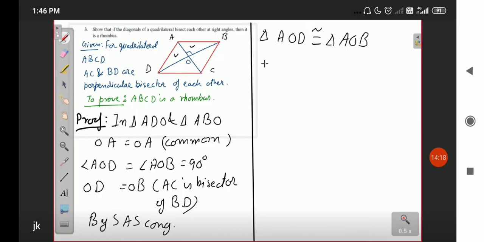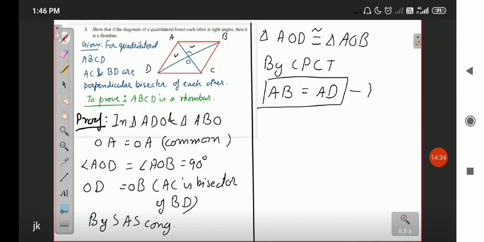Okay, and by CPCT, corresponding parts of congruent triangles, you can state that length AB and AD are equal. This will be your first equation. Okay. Similarly,